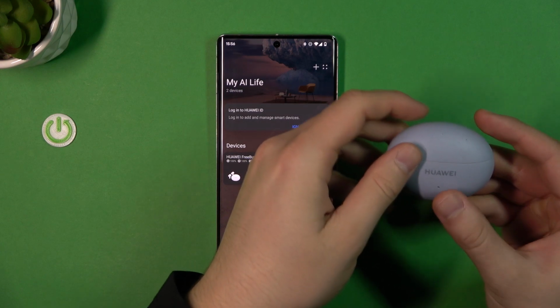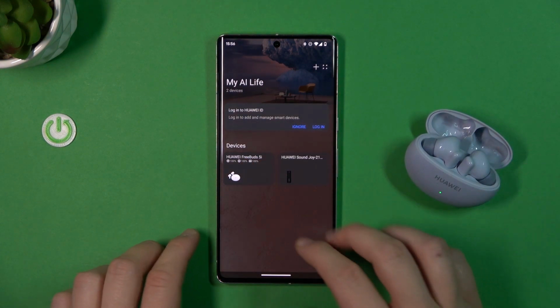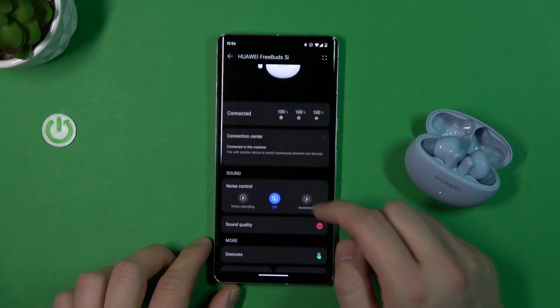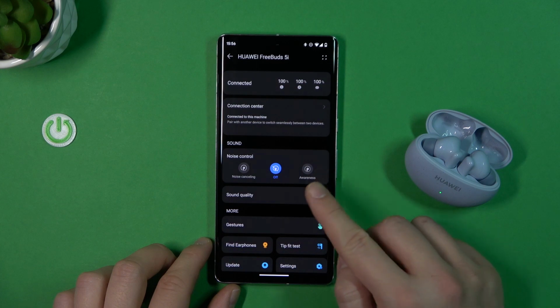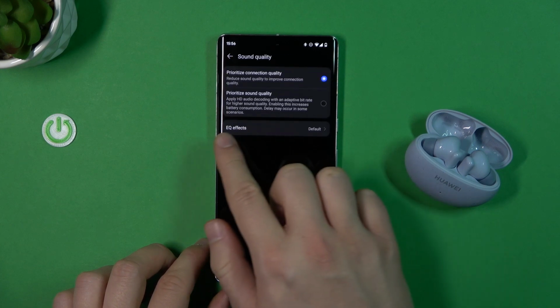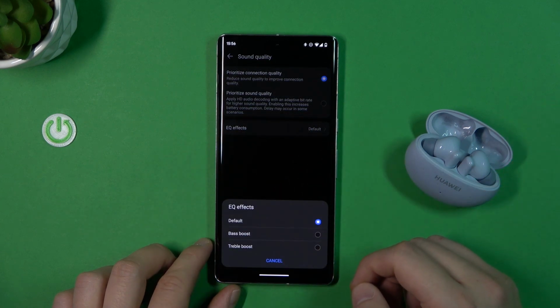So first of all, you have to be connected with your buds, so open this charging case and also the HUAWEI AI Life application. Next, you have to scroll down and go for the sound quality. As you can see in this place, we can open the EQ effects, that's the sound equalizer, and you can